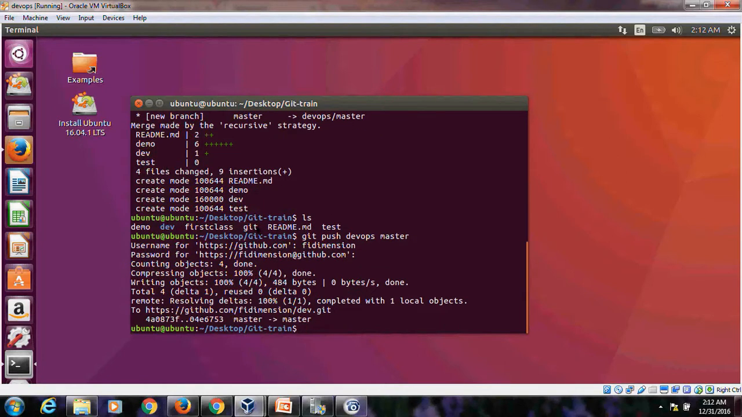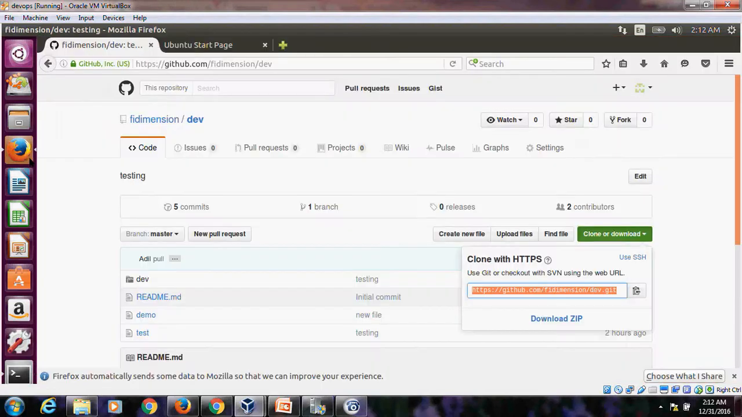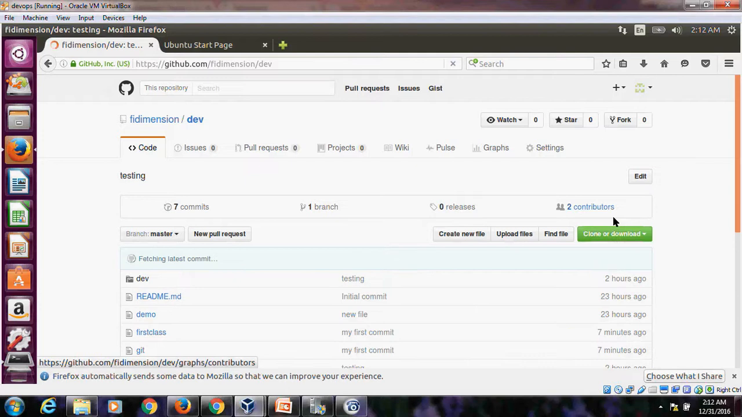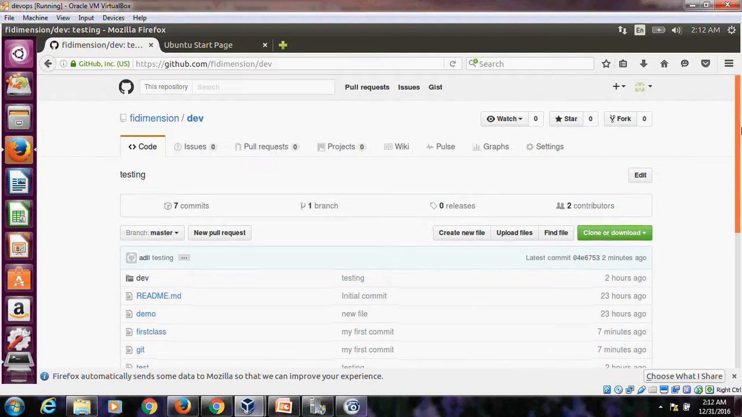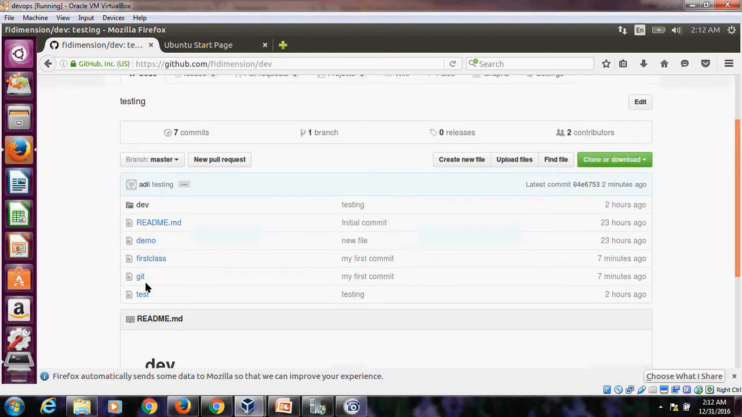So I have pushed my files from this particular system to that particular repository. Let's see, over here there is nothing. So I will just refresh. Let's see whether we have uploaded successfully or not. Okay, over here we have uploaded successfully. And the comment which we were giving while committing, git commit, my first commit, you can see those comments